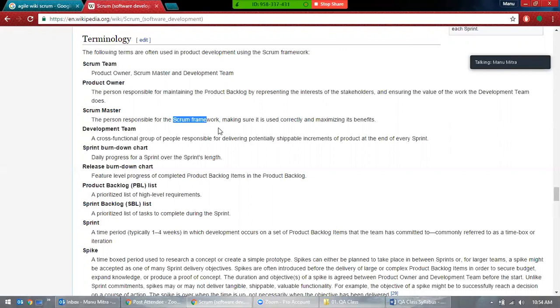They don't know. So I gave an issue to the Scrum Master, saying this has to be fixed, and my boss came and asked me, why are you giving this issue to a Scrum Master? You have to give it to the developers.